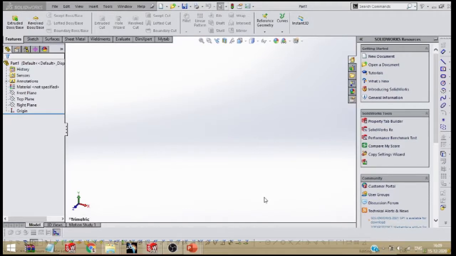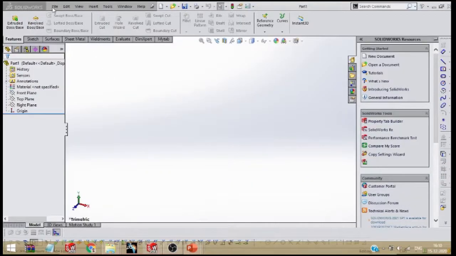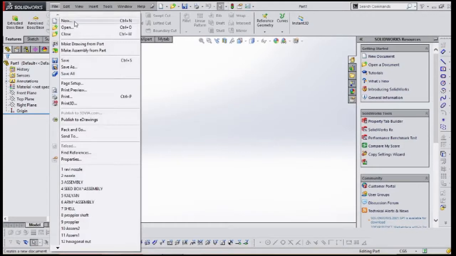Now, first coming to the standard toolbar. This top one is the standard toolbar. Every tool will have this toolbar. Like if you see basic tools like Microsoft Excel, Microsoft PowerPoint also will have this kind of standard toolbar where you will be having options of file, edit, view, insert, tools, window, help, etc. Like if you go to file, you'll have new, open, close, everything.